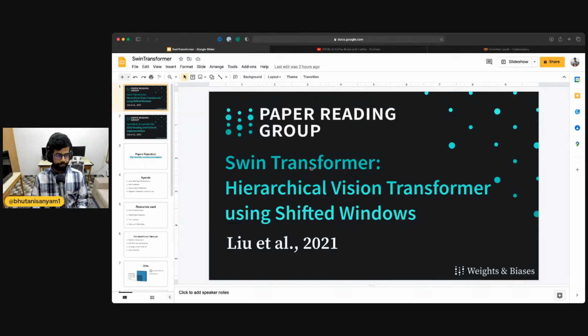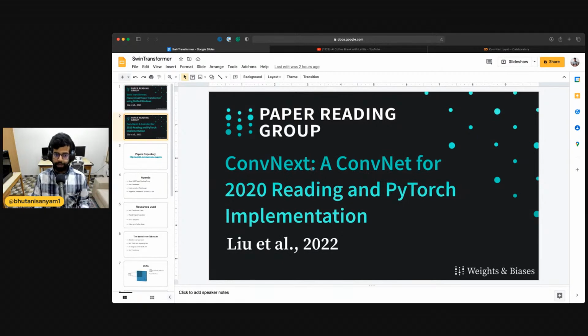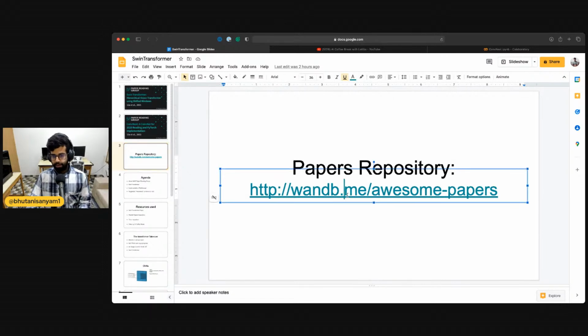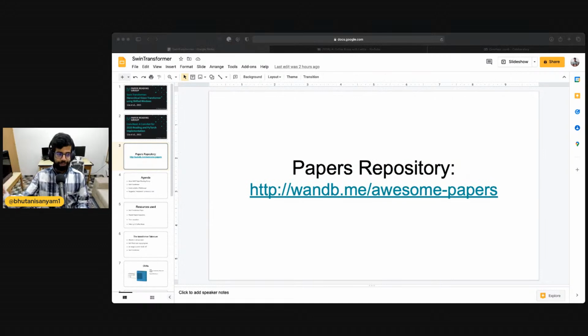of this paper. So just as a reminder, last time we had read through ConvNeXt, and this is a part of the paper reading group where we've been going through a lot of state of the art, impactful papers. Here's the papers repository. I haven't pushed the annotated version of Swin Transformer to it yet, but if you just go over to this link, for any future sessions, hopefully this will be on time, you can follow along any papers that